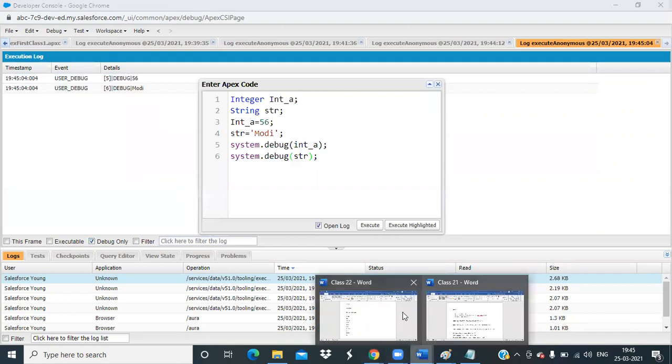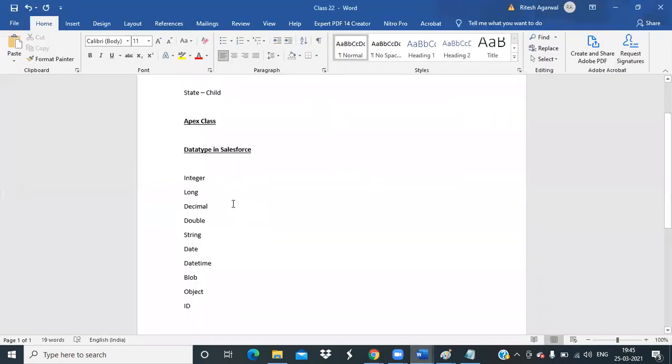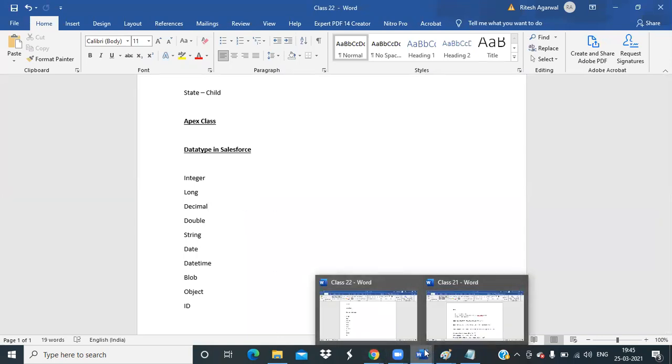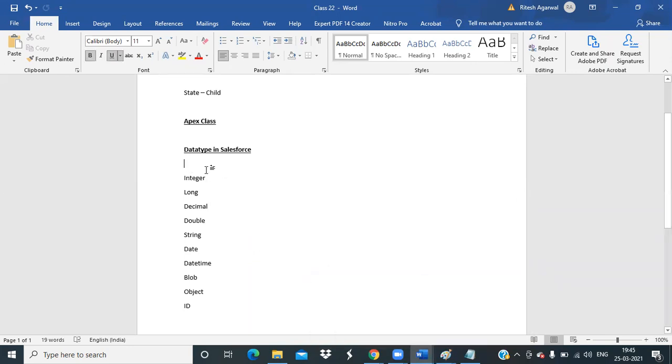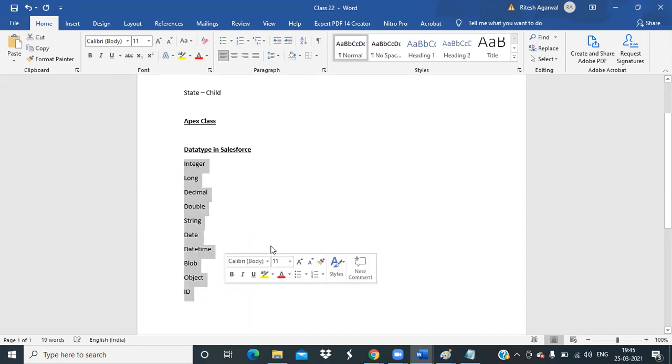Now we have a very important data type, object. Okay, so how are objects used? Before that, let's understand the class. While coding, when we do the examples, we will use a few of the data types.